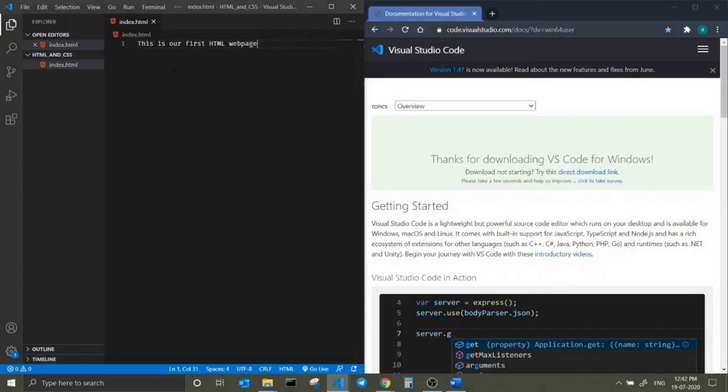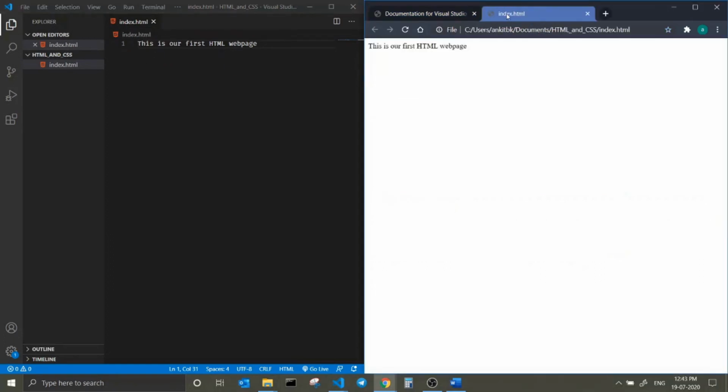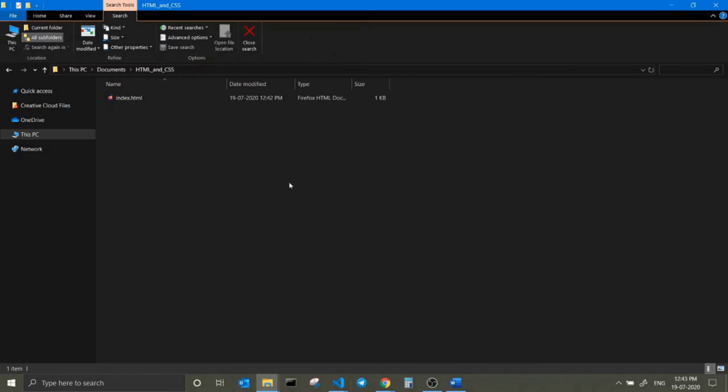So just how we can open this in the browser. I usually try to just drag and drop it on the browser, and there are many other ways. For example, navigate to our file explorer where the HTML page is.